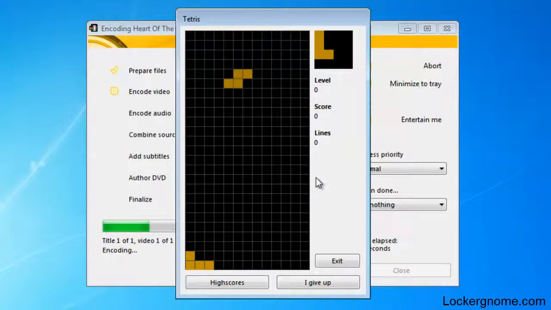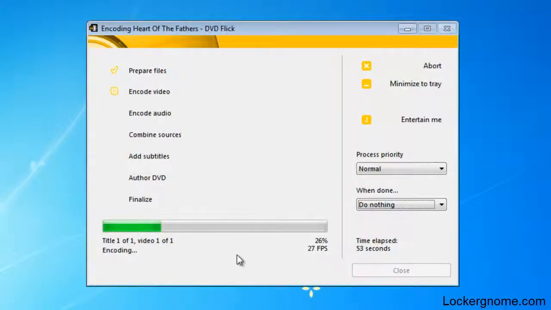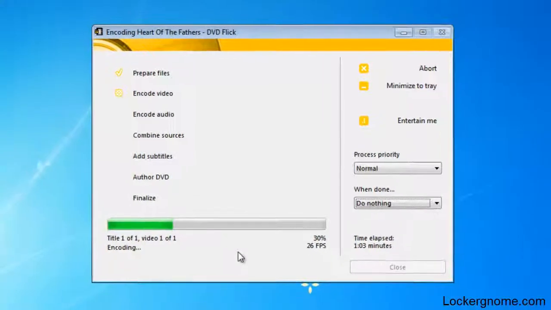So there's another reason DVD Flick is a very nice experience. It's very professional and pretty high quality. So there you go, guys. Once this is done, you'll have a DVD, whether it's pictures or home videos or anything that you want to share with other people, and this will be playable on your DVD drive or DVD player.